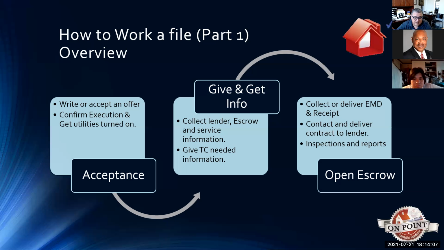And then the next part is to start up with your inspections and reports. And this is where we talked about asking the listing agent to make sure that the utilities are on, because I've had situations where I've had to wait a few days because the water wasn't on or the electricity wasn't on. Sometimes appraisers and inspectors won't go out until they know that stuff is available, right? Because if not, they've got to go back, because they're checking on those things, right? So anyway, any questions or comments on that? This is just a quick overview, and we'll be talking a little bit more in depth on some of these.